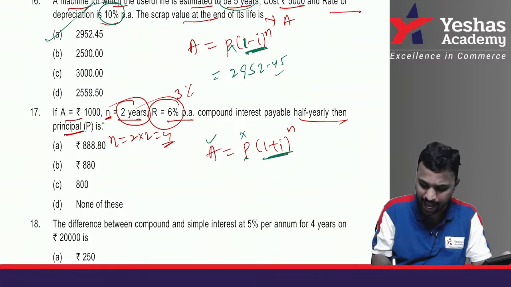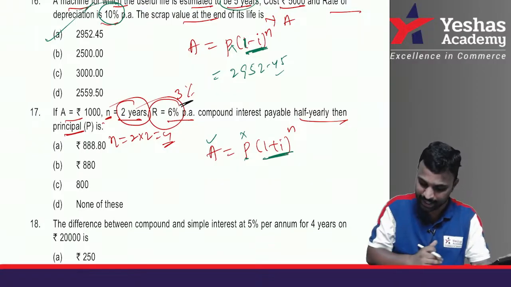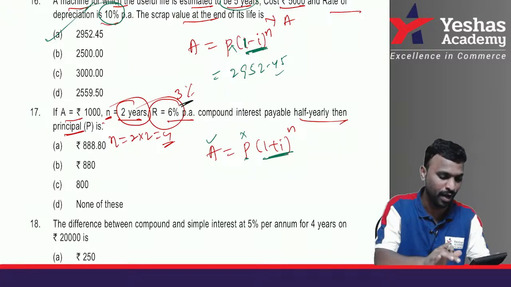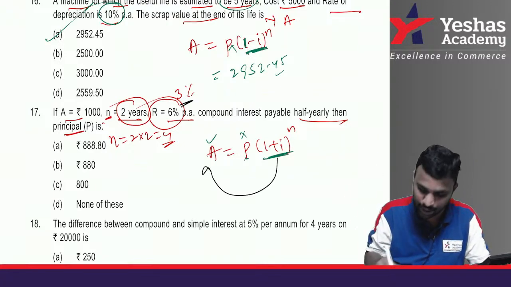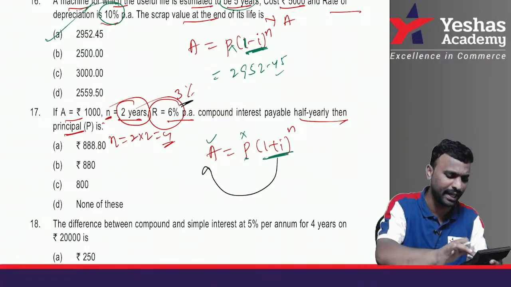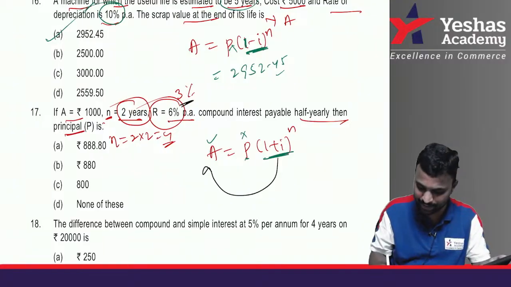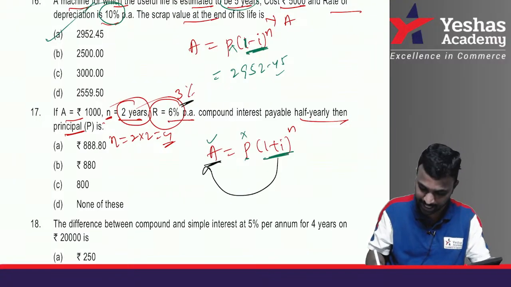1 plus I value, it's not 6%, it is 3%. So 1.03. Raise the power to 4. Press into, keep on pressing equal until the counter number is 5. Now take this value reciprocal and just multiply with A. How do you take the reciprocal? Divide equal and multiply with what is A value? 1000. So and the result is